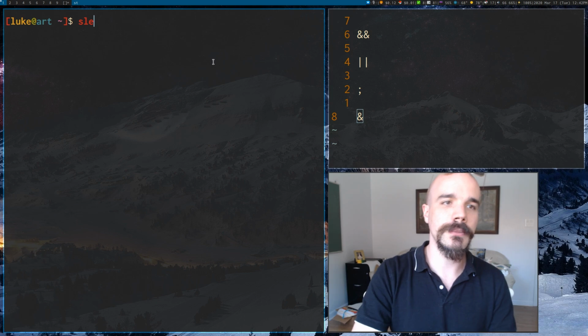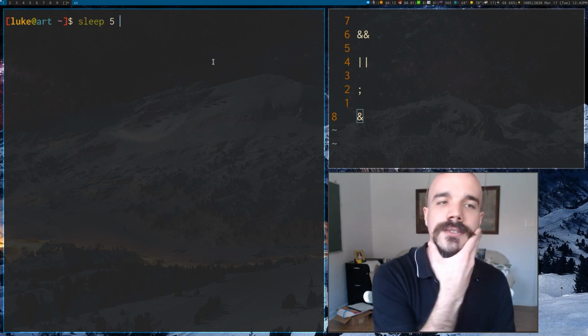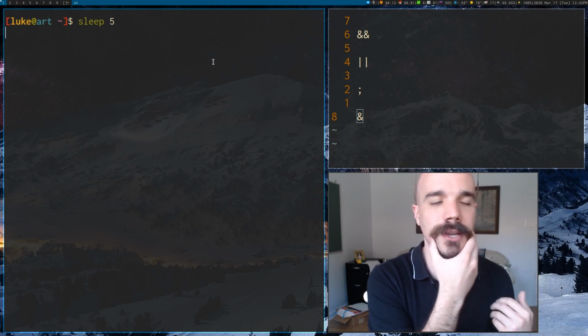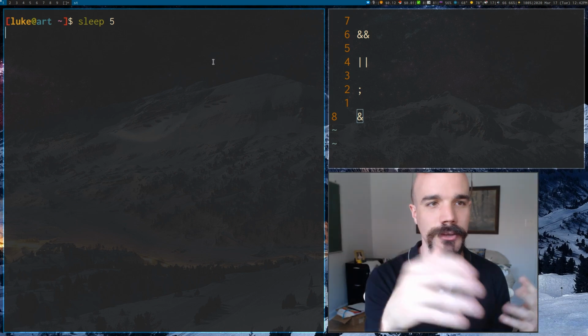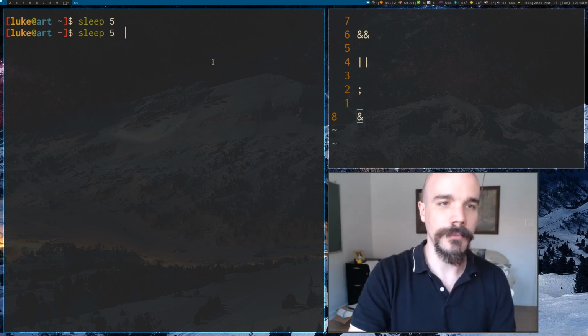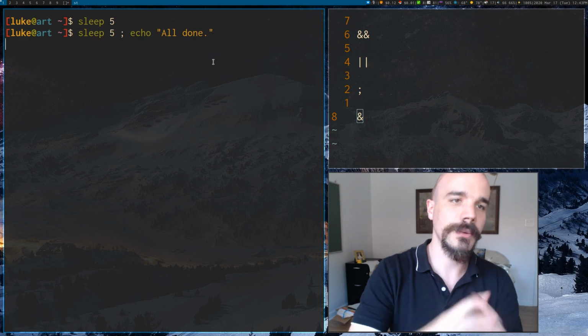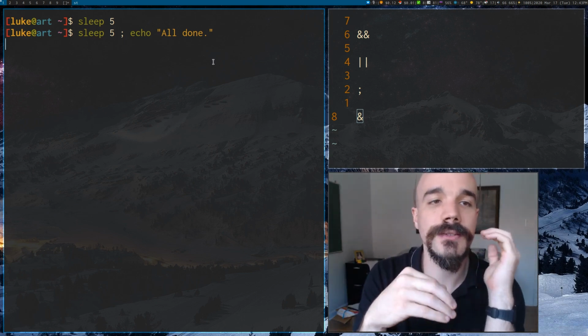What this is, just to be clear, let's have a case. Let's say the command sleep 5, which by default will wait for 5 seconds, and then continue, you can do whatever else. So we can chain that together with an echo command. All done. So what this is going to do, it's going to wait 5 seconds, then it's going to